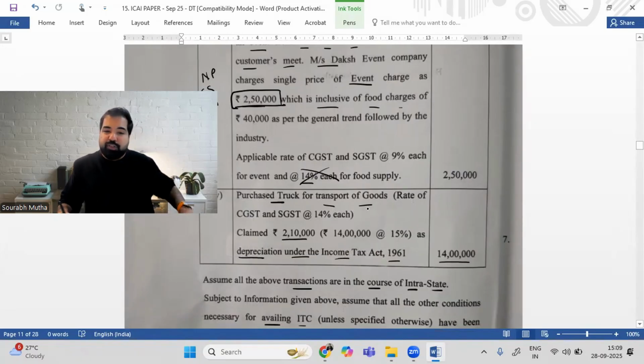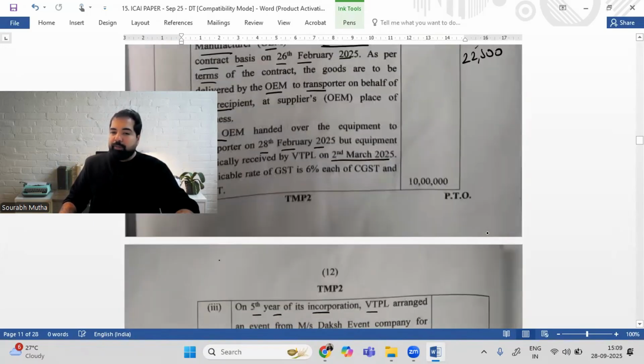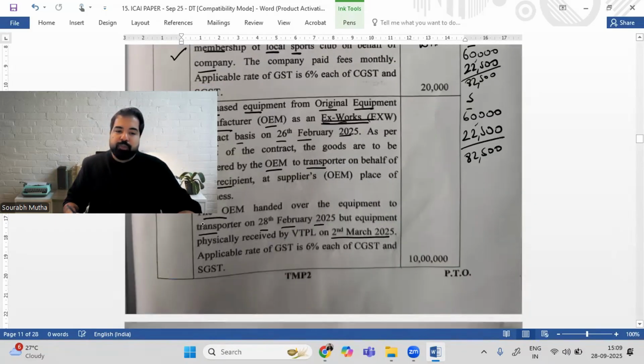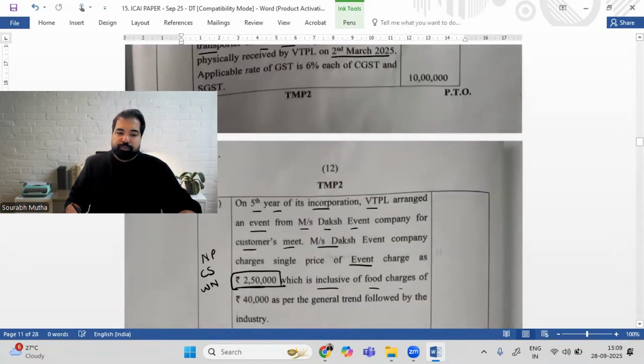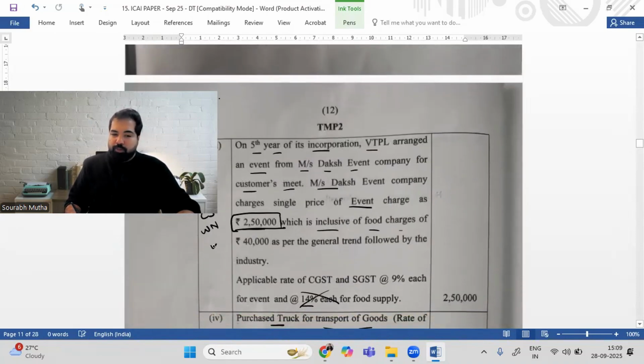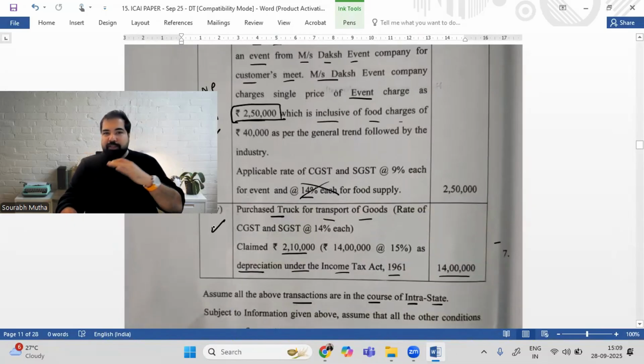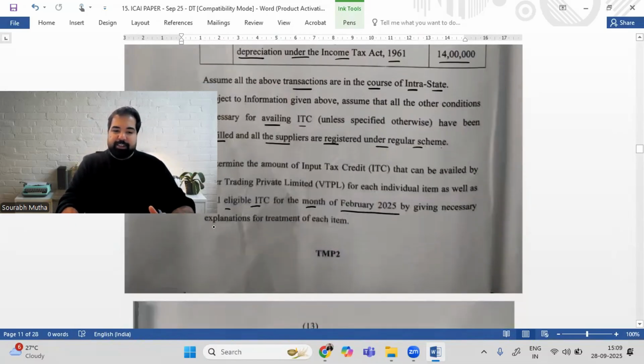There is a section called section 16(3) which says that in case you capitalize the entire amount, then you will not get credit. So on this, I will not get any credit. So ultimately, the credit that I will get is 82,500 CGST and 82,500 SGST. Notes will be one block credit note here, a works contract note here, a note here on composite supply, and a note here on section 16(3) that since the entire amount has been capitalized, you will not get any credit.